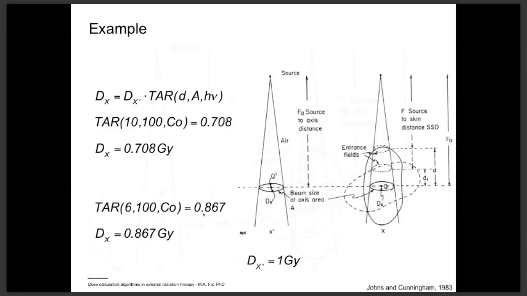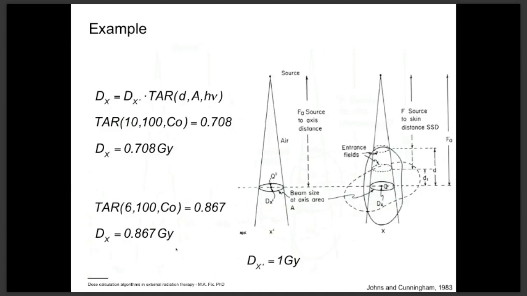This time it provides us a slightly higher amount, which is 0.867, leading us to a dose in X from this beam of 0.867 gray. So by this we can calculate the dose from different directions with the same table,